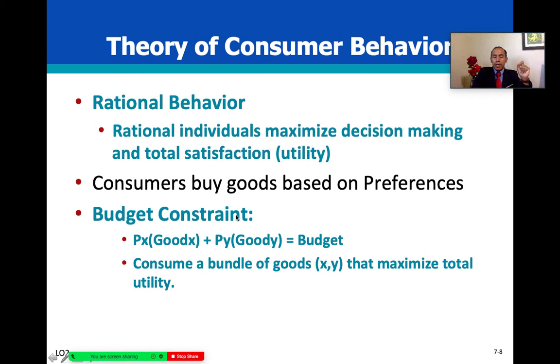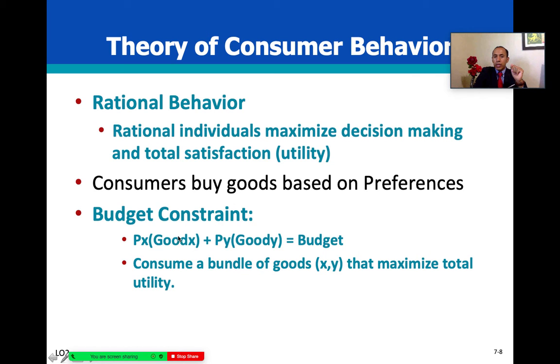So we're going to assume that a consumer buys a combination of 2 goods. And each good consumed has a price. And if we have a good consumed, it has a price, and we typically have income or a budget to spend on those goods. Most of us have income to buy goods and services, so we're going to assume that we have a budget constraint. Our budget constraint includes the price of good X, any good X, times the good X itself, plus the price of good Y, any good Y, times the good Y itself. It's equivalent to our budget, and if we're using our budget, then we can only allocate it across 2 different goods,